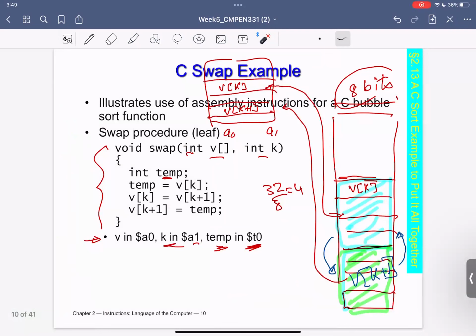But before that, there's a very important aspect here I would like to highlight. The very first step is to know what is the address of V of k. Correct? What is the address of this? Because this is what I would use in my load word command. Because with load word, I have to load from a certain particular location inside my memory to a certain particular location inside my register. So first of all, I need to know the address of my array element. So this will be the very first thing to do.